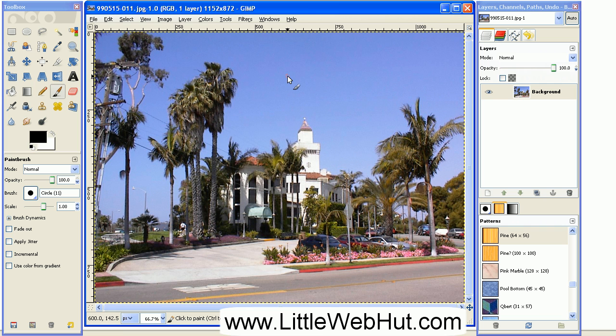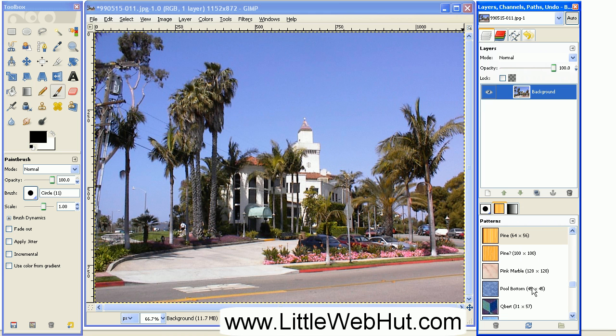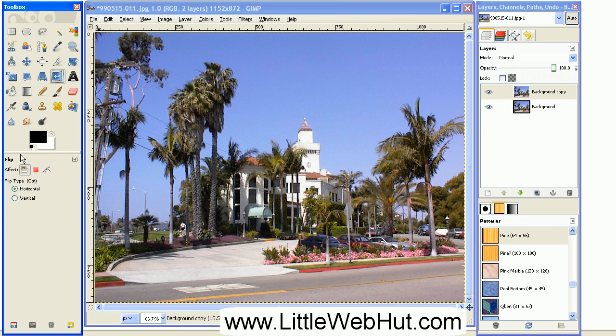So what we need to do to make the left and the right side of this image match each other is start by going over to the layer, right-click, and select Add Alpha Channel. And that will allow us to make parts of this image transparent. And then press the Duplicate button, and that'll make a duplicate copy of this. Now we want to flip this top copy horizontally. So go over and select the Flip tool. Make sure that the flip type here is set to horizontal, and then click on the image,